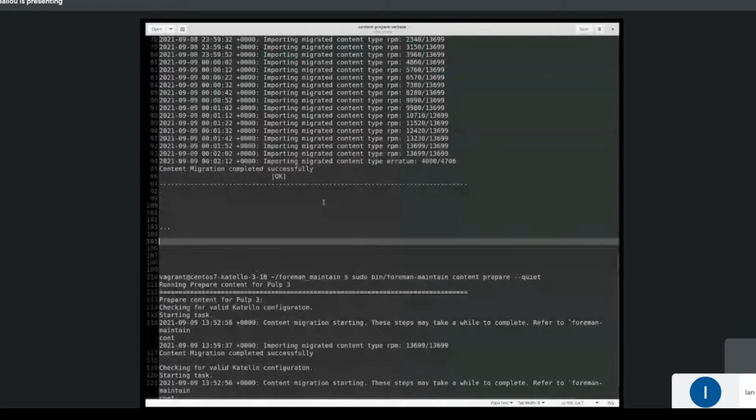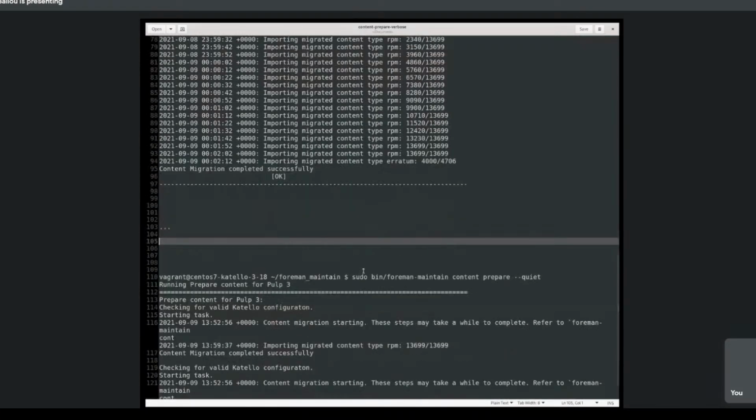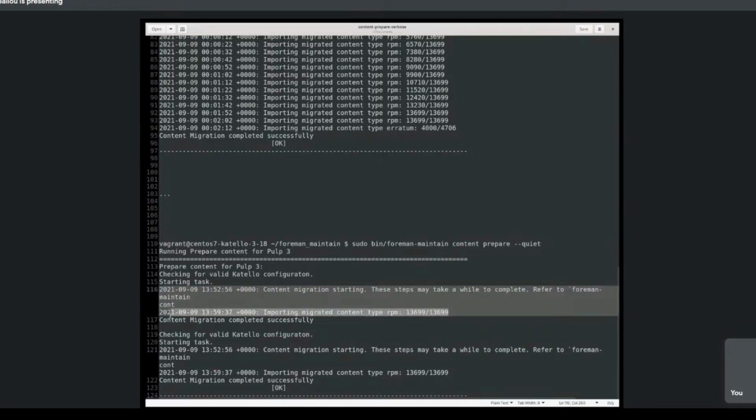All right, so I just have a quick update here on foreman-maintain relating to the Pulp 2 to 3 migration that you'll be doing on 3.18 before going up to Katello 4.0, for those of you who haven't done it yet. If you ran the content prepare step before, you would have noticed that the output is done on a single line. So if you're trying to pipe it to a log, or if you have it in screen and expect to check it later to see what the output was, you would find a single line